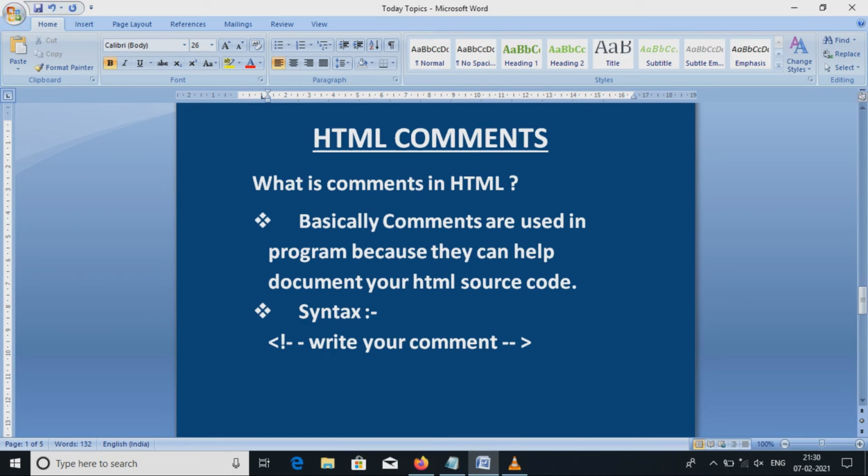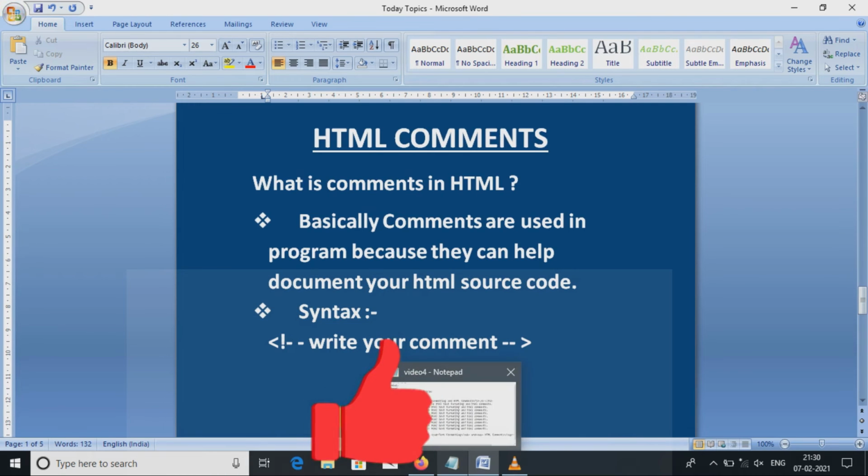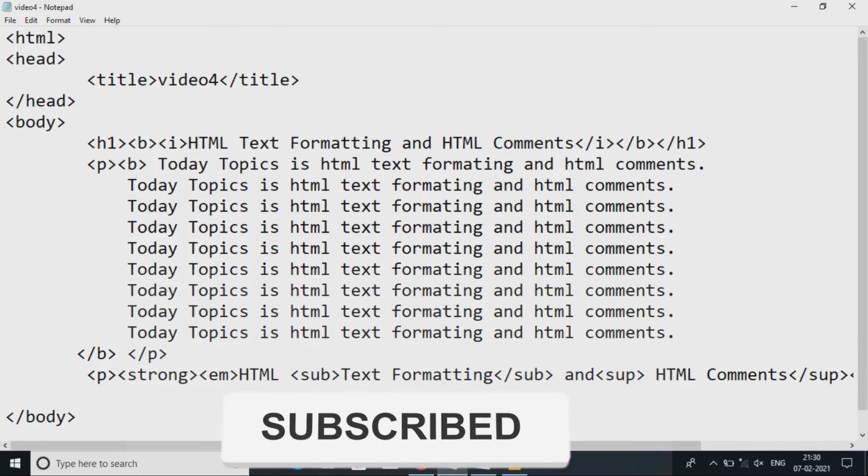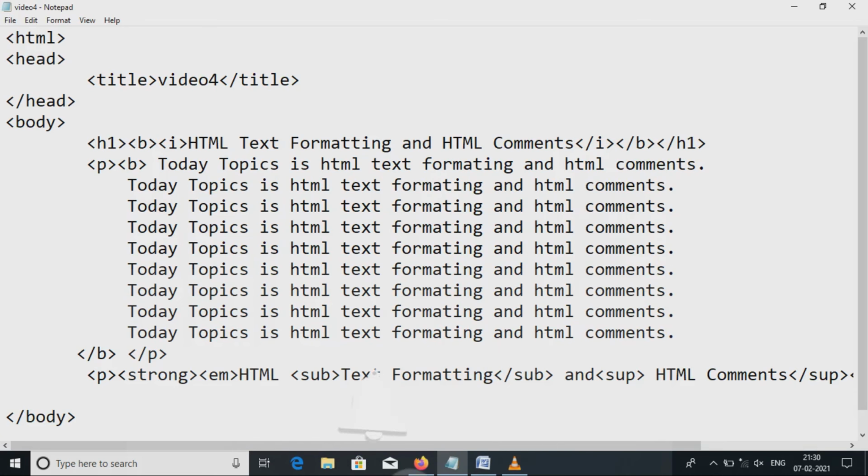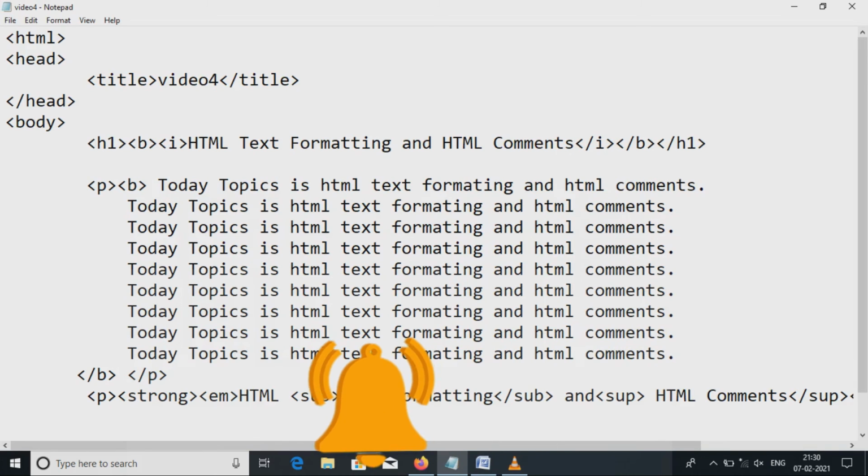The syntax of comments is this. Here the exclamation is very important. In the starting tag the exclamation is needed, and in the ending tag the exclamation is not needed. So now we take comments in the program.